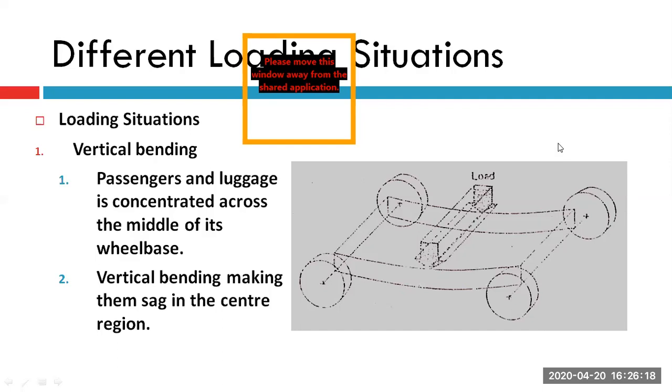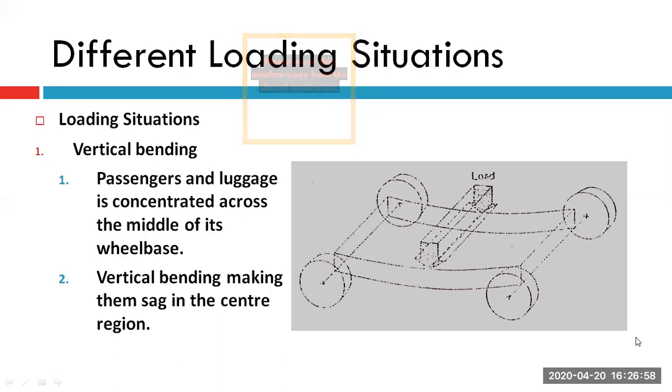The first one that you have is vertical bending. This is particularly going to happen whenever the vehicle is loaded. As you can see in the diagram on the bottom right corner, we have a 4-wheeled vehicle with the chassis loaded with a vertical load at the center of the vehicle, right? These loads can be because of the cargo or luggage in the vehicle, or the passengers sitting inside the vehicle. So this is a bending scenario wherein the chassis is subjected to vertical bending.